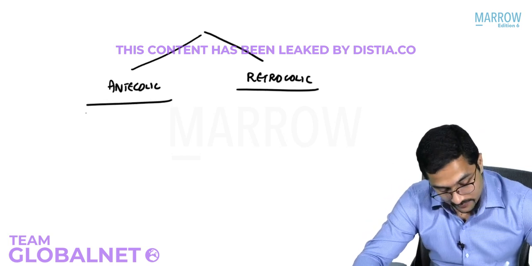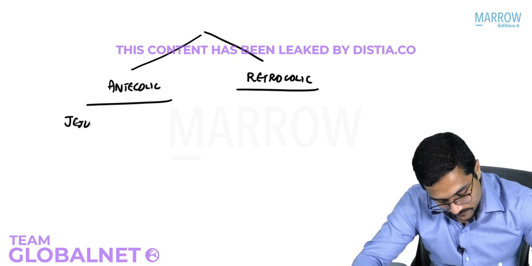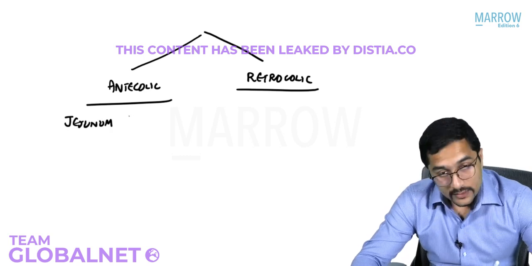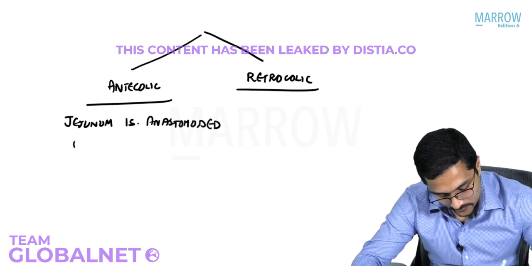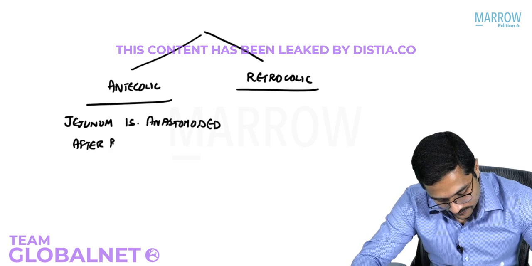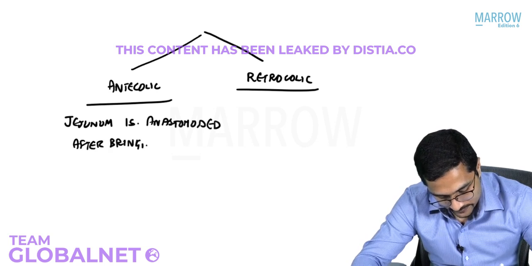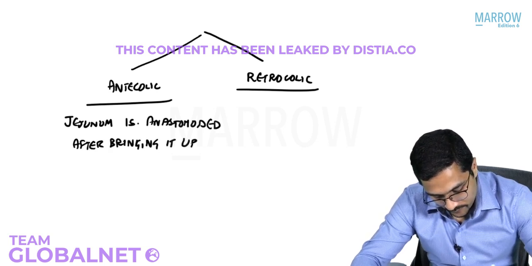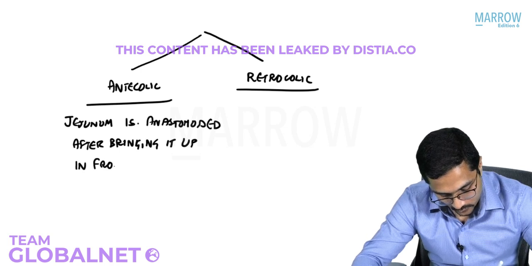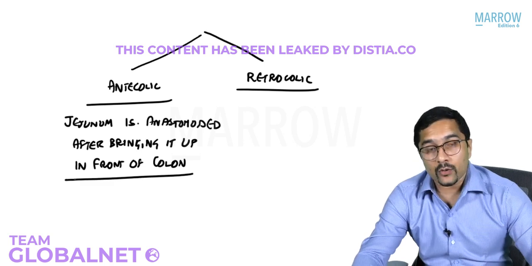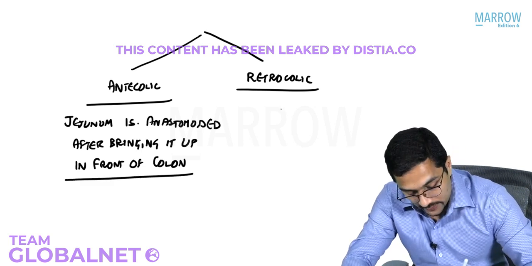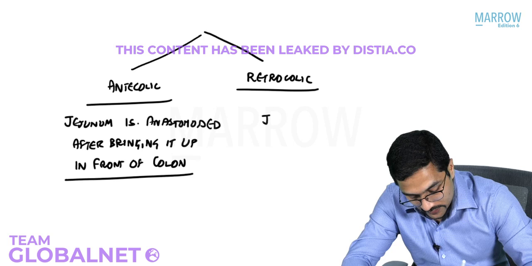Anticolic means that the jejunum is anastomosed after bringing it up in front of the colon. Okay, that is anticolic. Retrocolic means the jejunum is anastomosed, but the jejunum